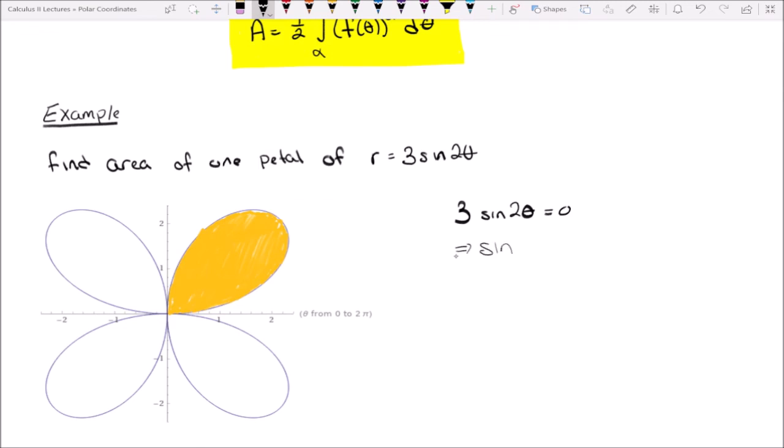Right, this means that sine of 2 theta has to be 0. And that means that 2 theta would have to be